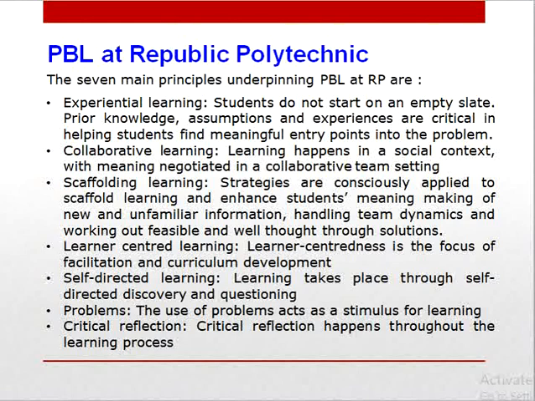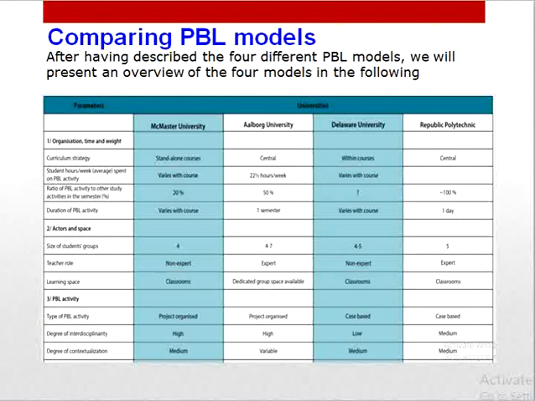Sixth principle, the problem. The use of problems acts as a stimulus for learning. And the last, seventh principle, is critical reflection. So critical reflection helps throughout the learning process. So these are the 7 principles of this model. In this way we have briefly discussed the 4 models of PBL. Now if you compare these 4 models,